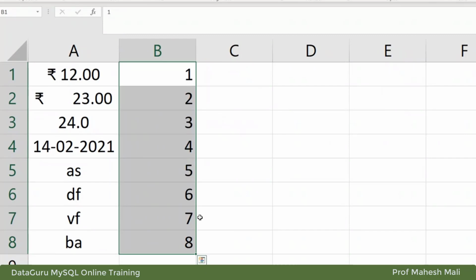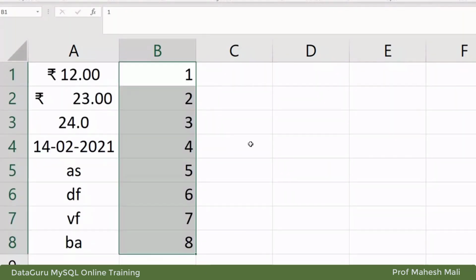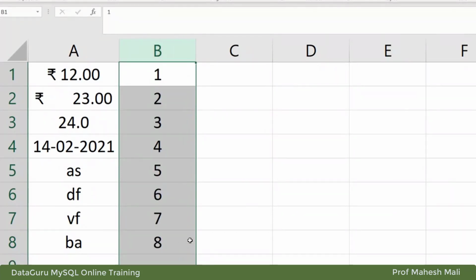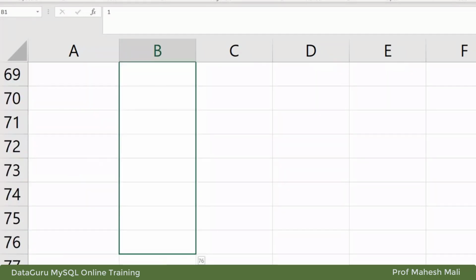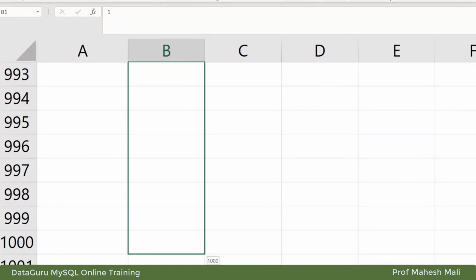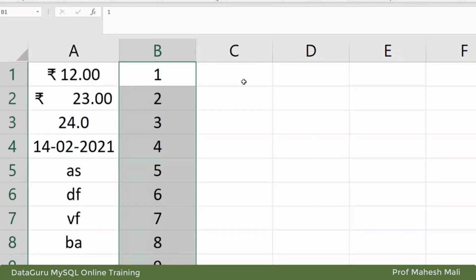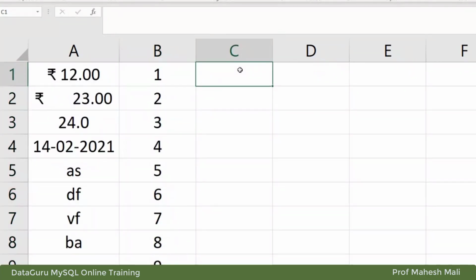But if I double click over here, I can go back and see it has generated numbers in a sequence. If I want to stretch it to 1 lakh, 2 lakh, 3 lakh, I can go up to any number. So no need to type in all the numbers here. I can go till a very big number as per my requirements.